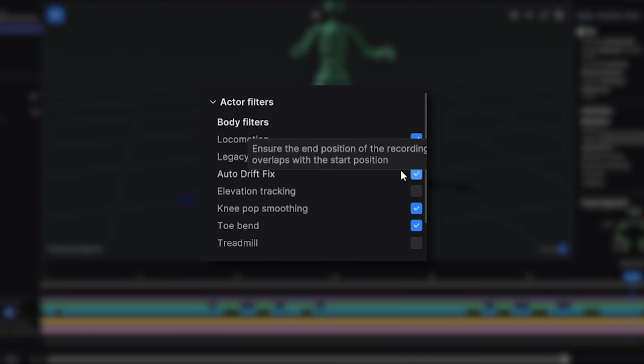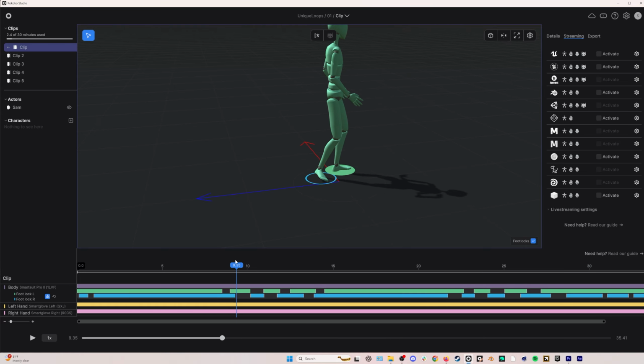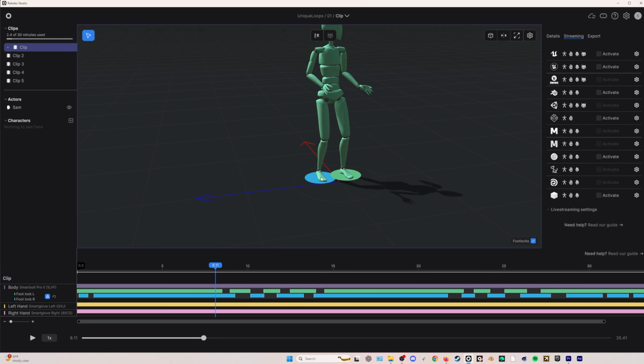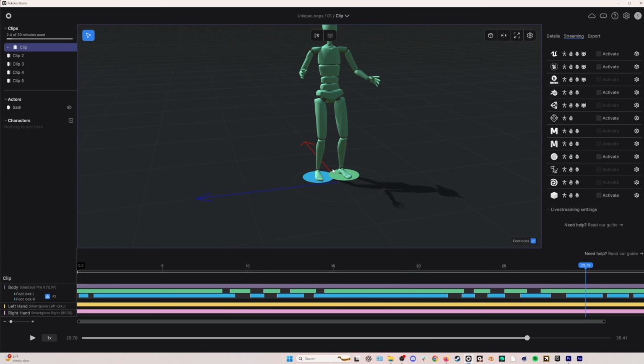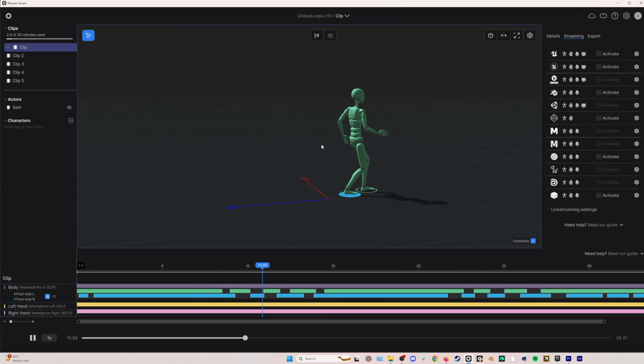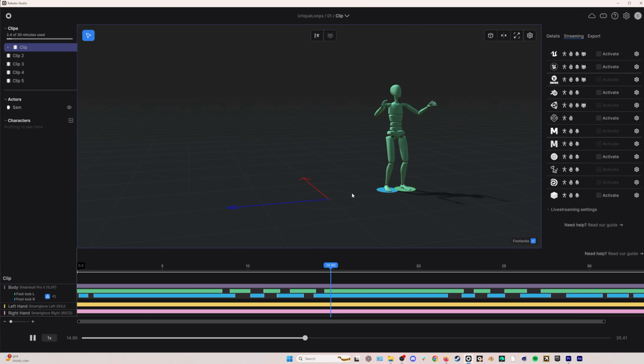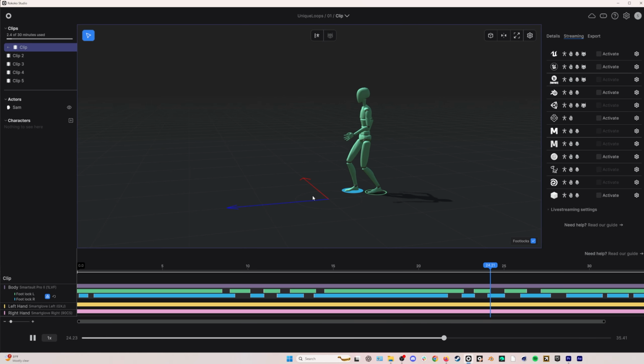And now if I click auto drift fix on and we go back to our animation, here's our right foot at the beginning, and at the end it is in almost precisely the exact same spot. And what this means is that when we bring this into Rokoko Studio, we can close this loop. The character won't be trying to slide back into that starting position because it will have already gotten back where